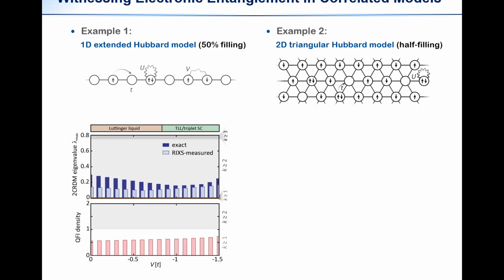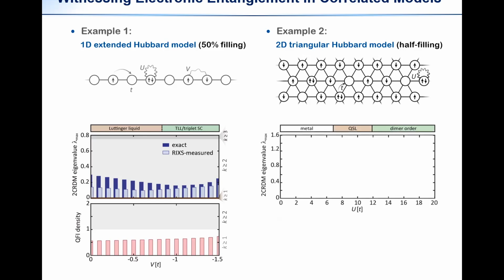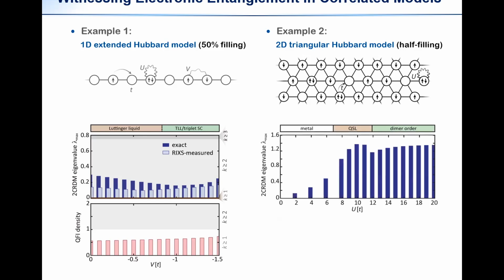Similarly, if you do the triangular lattice Hubbard model, you can characterize the entanglement in the spin liquid phase. You can have the maximum entanglement in the spin liquid phase, and that can be perfectly characterized by RIXS measurement. So this state is a four-particle entangled state in our